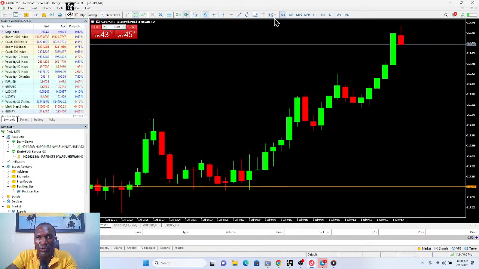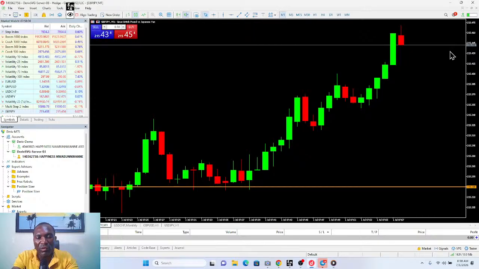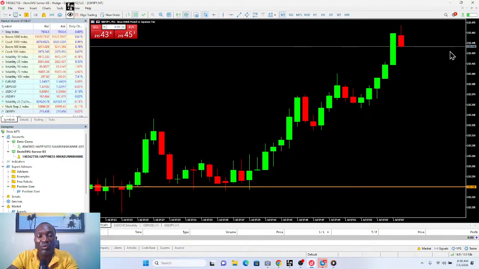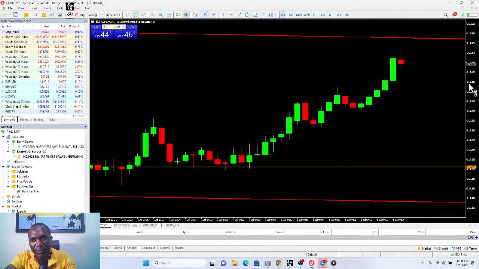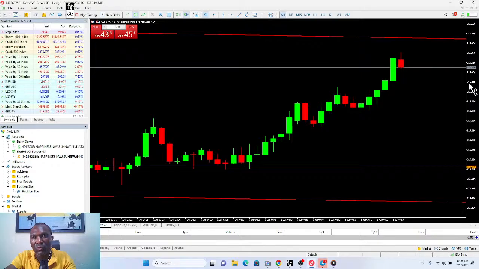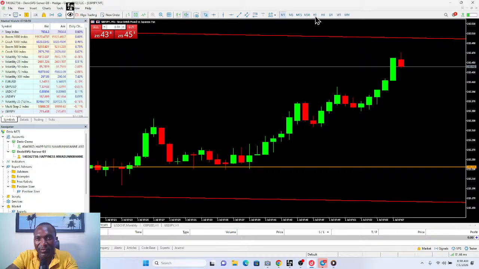Good. So right now, because the market has not closed yet, I want to be very close to it if I should enter with that, my stop loss here. But I want it to be close to that line that I've drawn, the line I've drawn with my phone. You're looking at it from here, it seems as if it's very close.